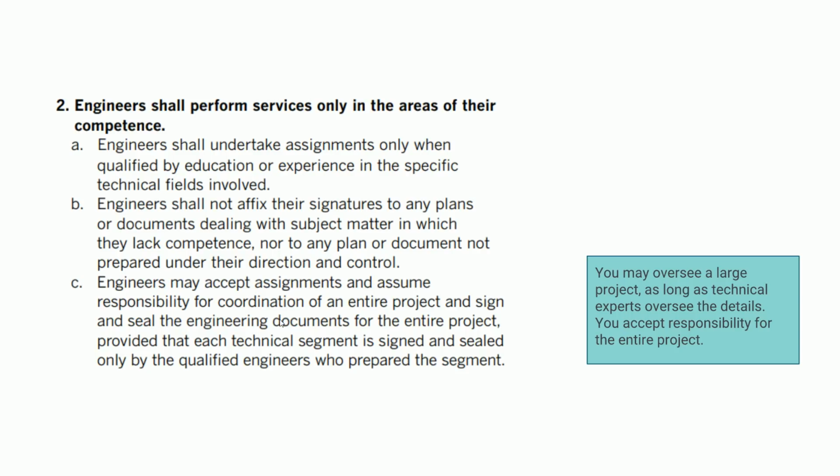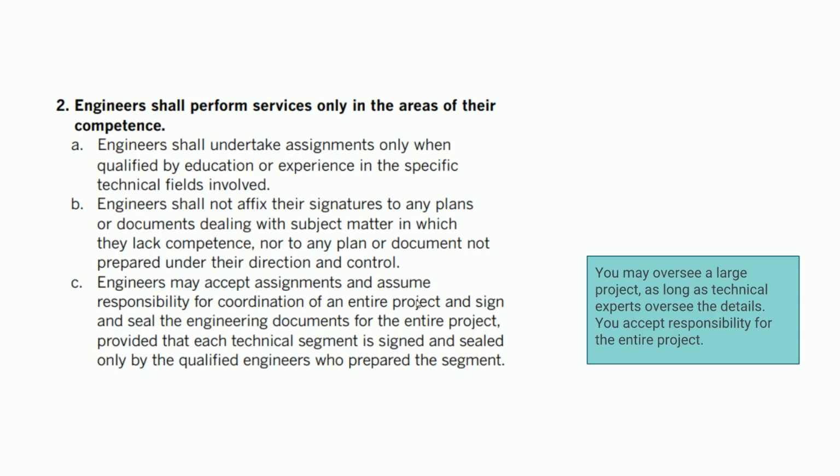Now, there is an exception to this, which is that in many large projects, there's a lead engineer who has the license and is in charge of the project generally. But that engineer has subordinates who control the details of specific parts of the project, and it might be that the detailed sub-project is outside of the lead engineer's main area of competence. So maybe the lead engineer is not themselves competent in the specialty task required of some sub-project. That's okay, and the lead engineer can sign off on the project entirely, as long as, and it says here,